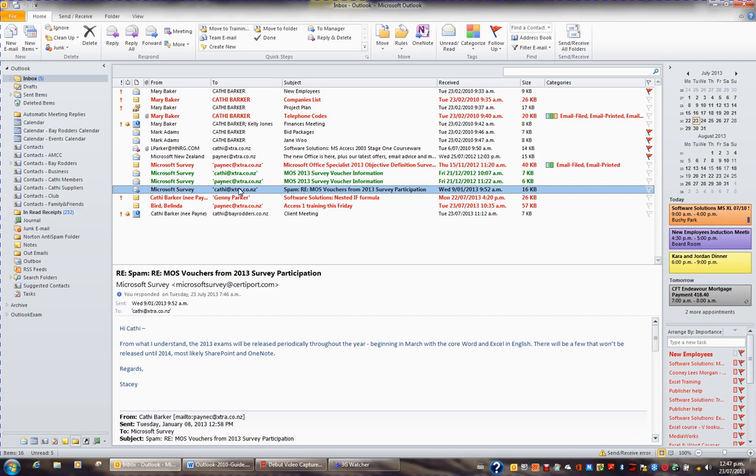As far as archiving goes, what Outlook does is any items that are in your calendar that are older than 6 months will be archived because they've been and gone. Any tasks that are in your task folder older than 6 months will also be archived. Any entries in your journal that are older than 6 months will be archived, and anything you sent in your sent items folder more than 2 months ago will be archived. And also anything that happens to be in your deleted items folder that is older than 2 months will be archived. To check whether your archive is turned on or off, you need to click on File in the ribbon